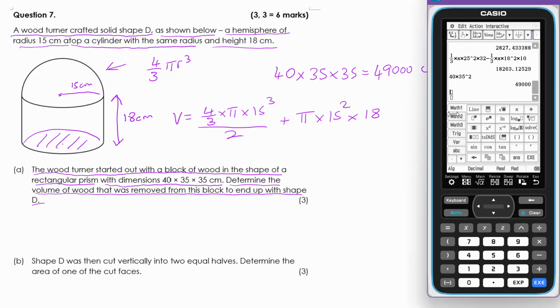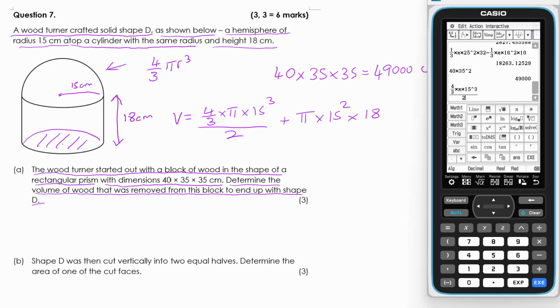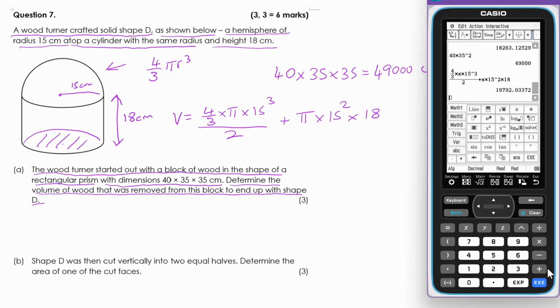So we want to calculate that. I'm going to need a fraction on top of the fraction here to get my 4/3 in. So I've got 4/3 times pi. I missed the pi button. Okay, so I corrected that, and I've got my 4/3 times pi times 15 cubed divided by 2. And then I've got plus pi times 15 squared times 18. So that's